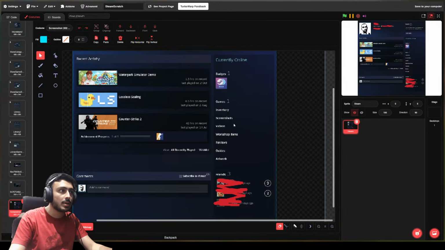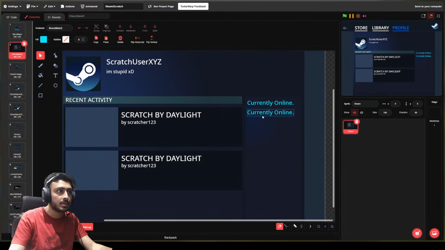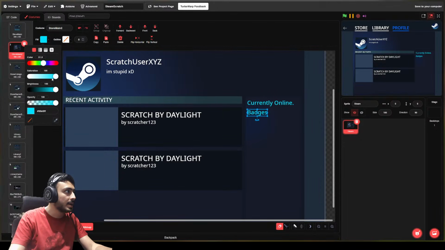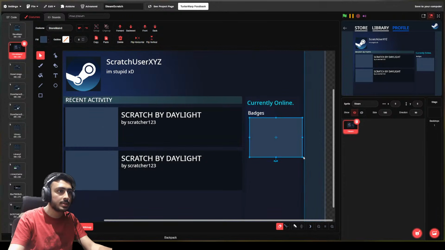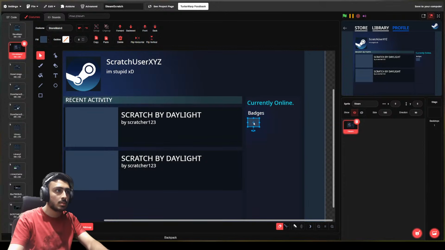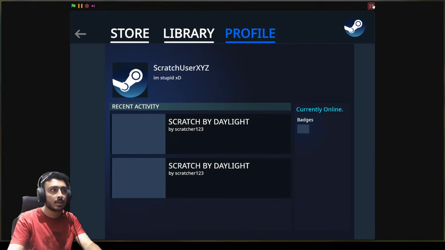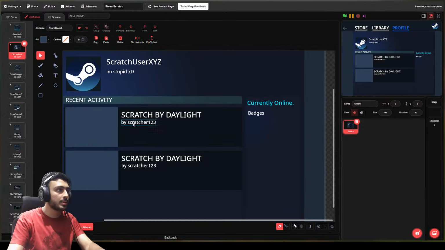And then we have to put badges, right? So badges look like, yeah, just text. Badges would be white, small, like this. Let's leave some space, not that much space. Then we can add a box here. Here we go. I think this thing is visible to you guys. This should be a square, I think.